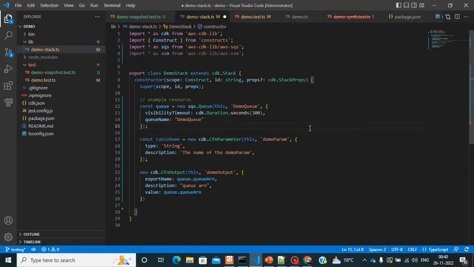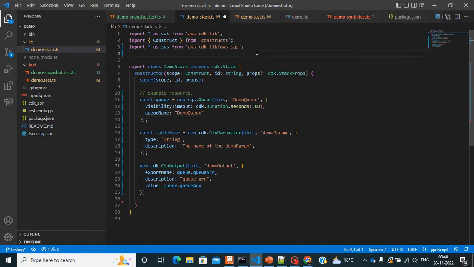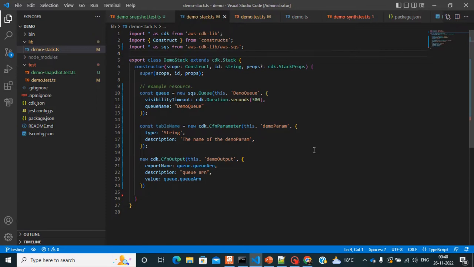Now how can I verify it locally before deploying it? For that I have to write test cases, and then we will verify this while running the test cases. This testing will force us: if anyone by mistake changes the name of the queue or deletes this piece of code, then the test will force us not to change it, or if we are doing it intentionally, then we have to modify the test cases. So how can we write the test cases? Let's go to this